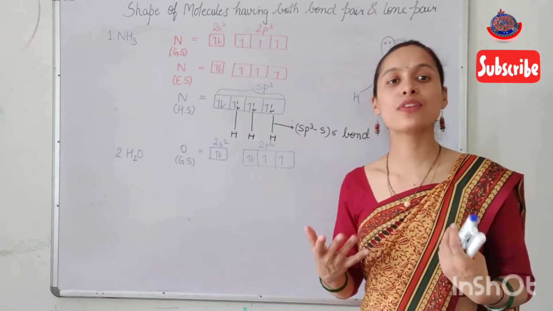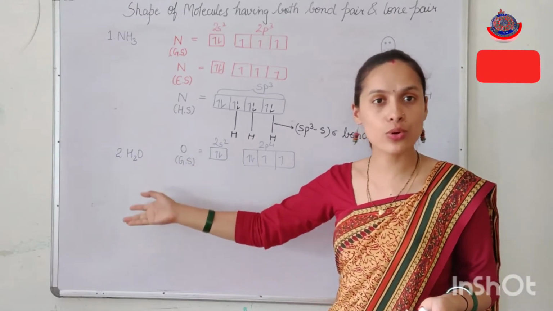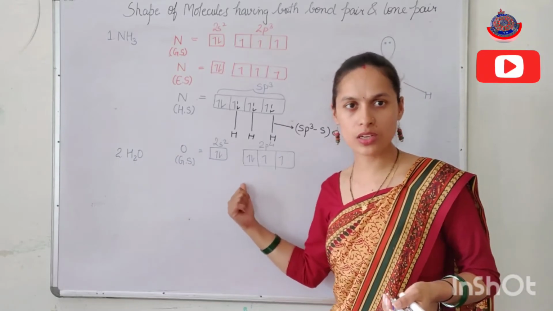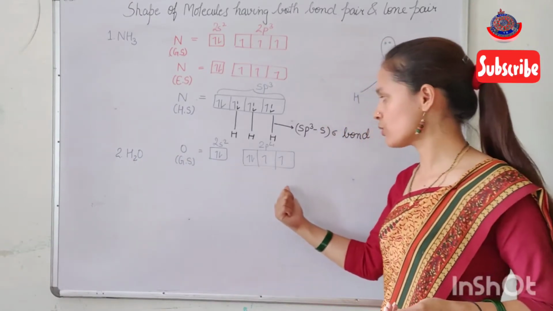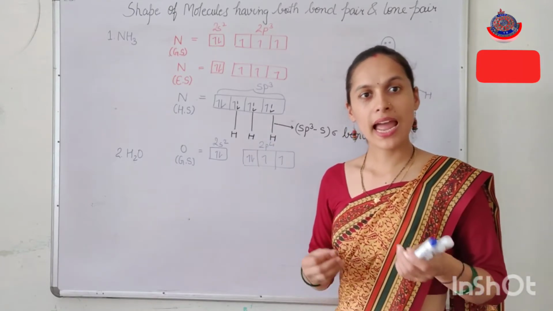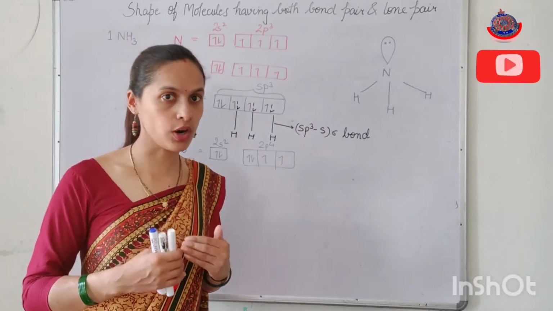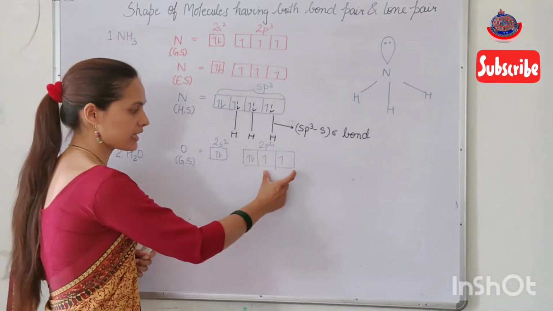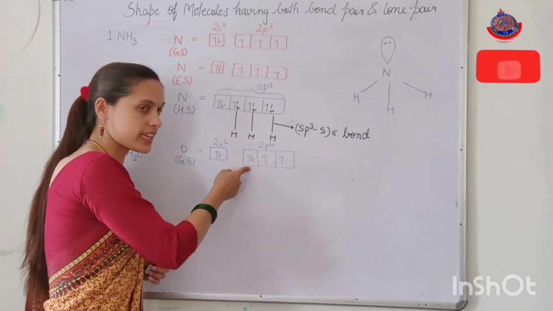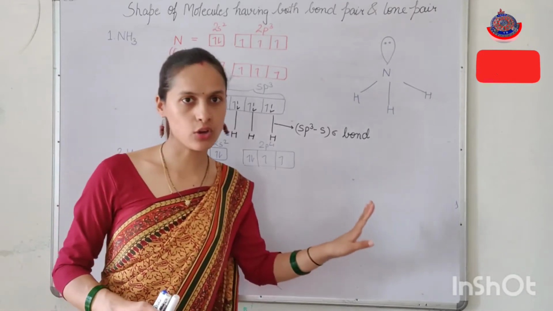And how many half-filled orbitals do we want to make H2O? Two, because only two hydrogens are approaching oxygen. If only two hydrogens are approaching oxygen, then only two half-filled orbitals we want. And if we want only two half-filled orbitals, then what happens? If we take these two, then we have to take s. And without taking this, we can't take these two. Why? Because these are degenerate orbitals.